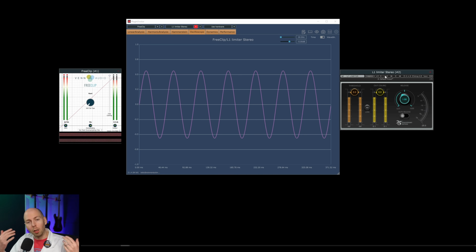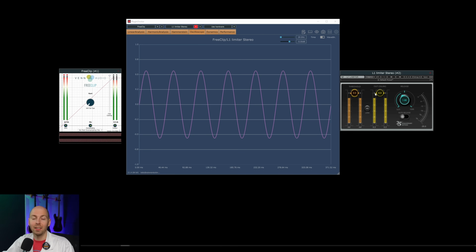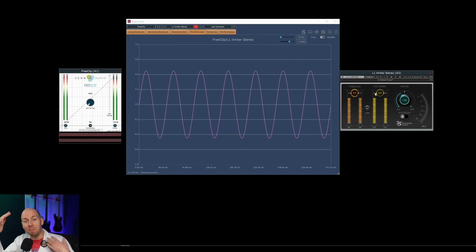All right. Clippers and limiters basically do the same thing. They reduce the dynamic range of an audio signal. All that means is that if you bring the threshold down, you're squishing down the loudest signal to make sure it stays below this threshold. The same operation works for a limiter as a clipper. The only difference is that a limiter doesn't just immediately whack the top off of the waveform. It does it in a much more gentle, delicate way.